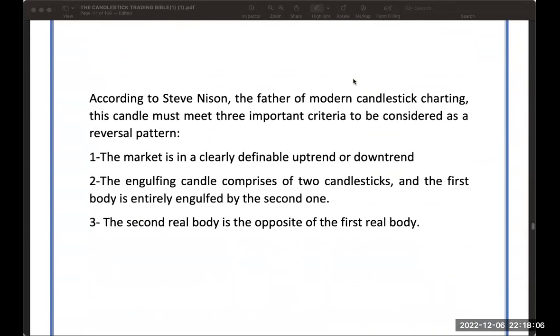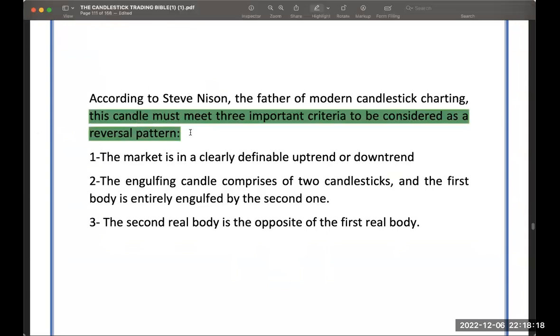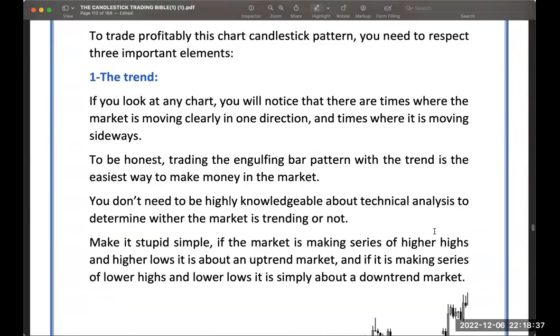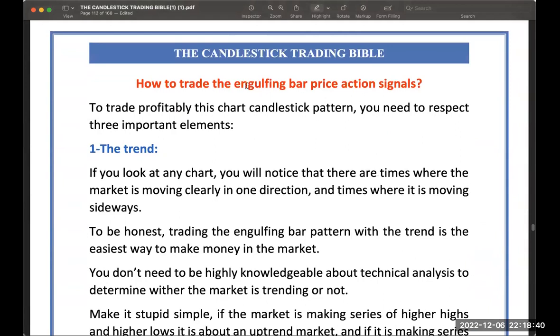According to Steve Nison, the father of modern candlestick charting, this candlestick must meet three important criteria to be considered as a reversal pattern. The market is in a clearly definable uptrend or downtrend. The engulfing candle comprises two candlesticks. The first body is entirely engulfed by the second one. The second real body is the opposite of the first real body. So those are the rules. Okay, how to trade the engulfing bar